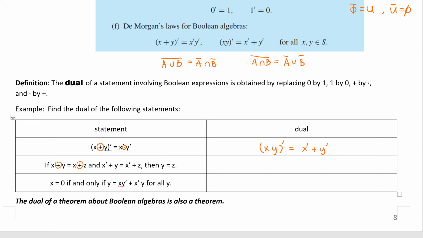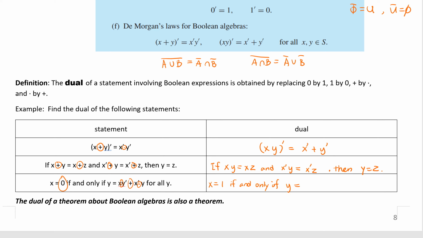Next, we have plus here. We say if x times y equals x times z and x prime times y equals x prime times z, then y equals z. We only search for the times and plus, 0, and 1. So here, what do we change? X equals 0, so search for the 0, if and only if y equals. There is a dot there, a plus here, and a dot here. So how do we change? X equals 1 if and only if